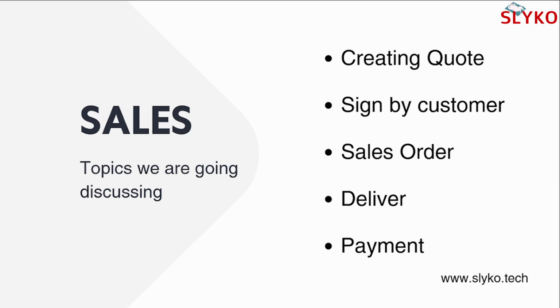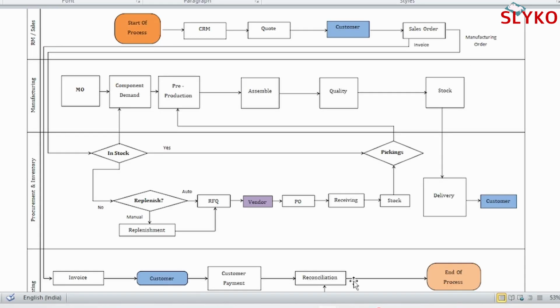Okay, let's dive into the flowchart. This is the flowchart of sales in Odoo. It is a simple workflow diagram for a sales company. Here, the sales process in Odoo begins with the CRM, where the quote is created for the customer. Once approved, this quote becomes the sales order and it triggers a series of processes based on the product